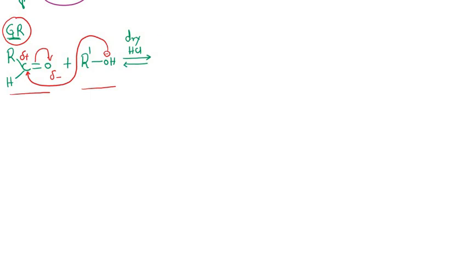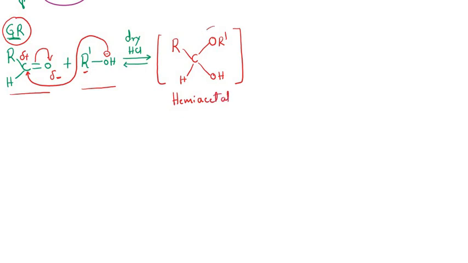So we are having the intermediate, which could be written as R, then followed by C. To this C we are having O, right? So this O is bearing negative charge. This negative charge will be seeking this R dash, so I can write it as O then followed by R dash, right? And the remaining part is one hydrogen, and the remains is nothing but OH. Now this compound is called hemiacetal. So it is having an ether, this is OR, as well as an OH group, that is a hydroxyl group.